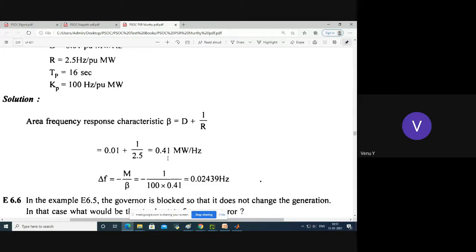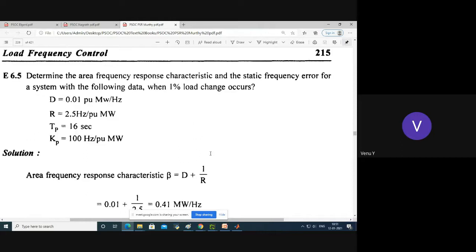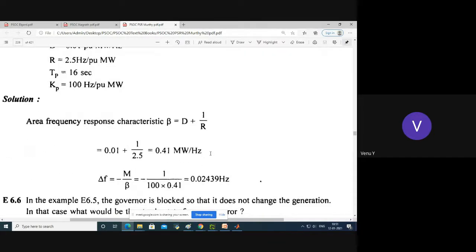That is equal to 0.41 megawatts per hertz. Now delta F is equal to